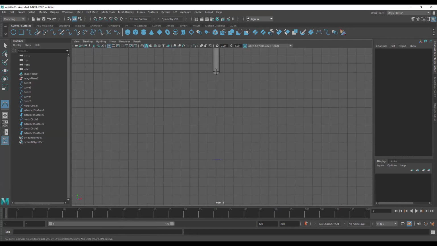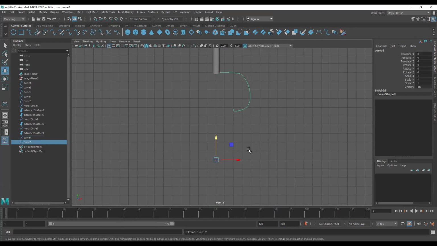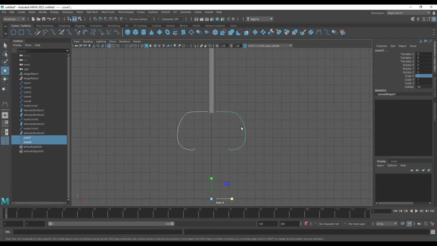We try to make a V of one side of this wheel. Then you can Control D, duplicate, and then use scale X -1 so that it will scale towards that side. So plus and minus. Now we got two sides. One is here,